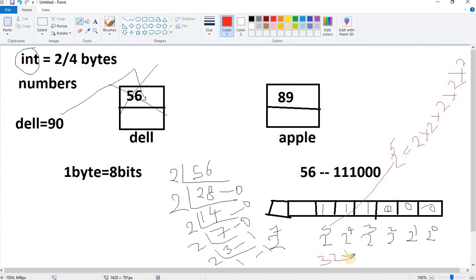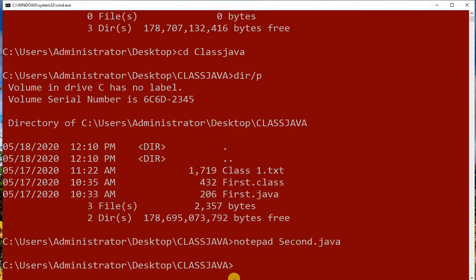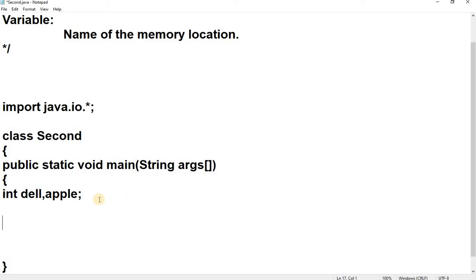32 plus, then again you have the value 16 plus 8. When you calculate the whole value, you are going to see 56 as your output. So this is how your program will save the memory value inside the program memory. You have to remember this. Now let's begin to write our program. So now I will say del equal 90. If not, I will write 56 itself.